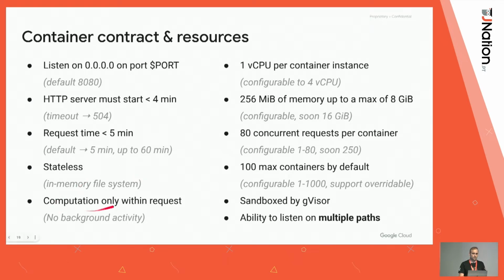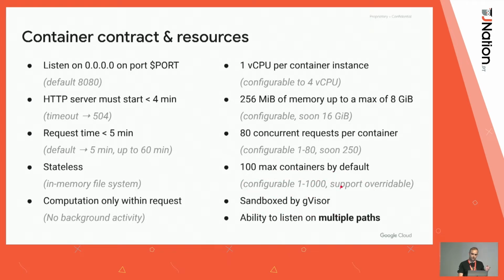But you can only do things within the request. So within the request thread, you can do computation, but you cannot have background threads still. And when you look at the resources, you have more resources now, like up to 4 CPUs and 8 gigs, so things are getting bigger, with more resources and more concurrency, and I'm going to talk about this in the next slide, and